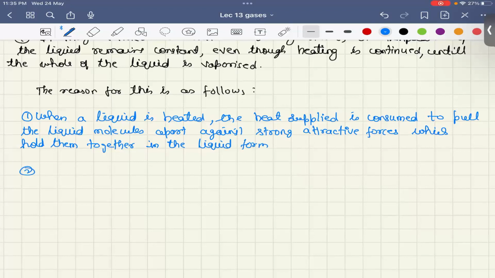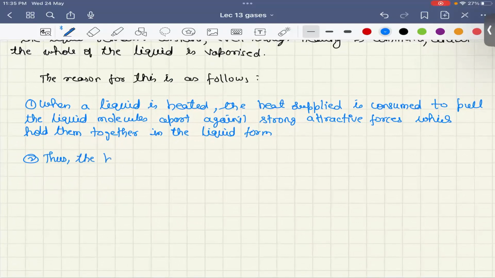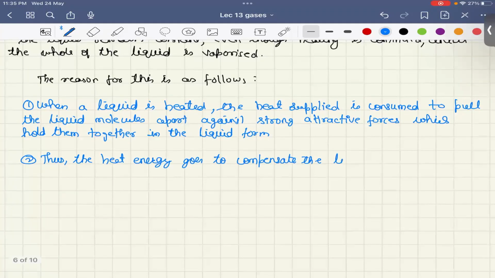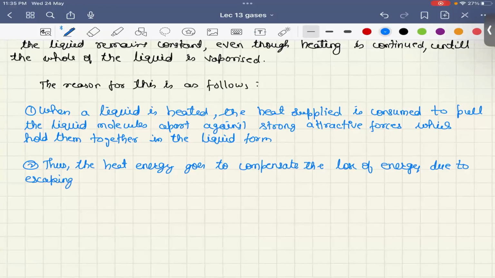Thus the heat energy goes to compensate the loss of energy due to escaping molecules which have to overcome the